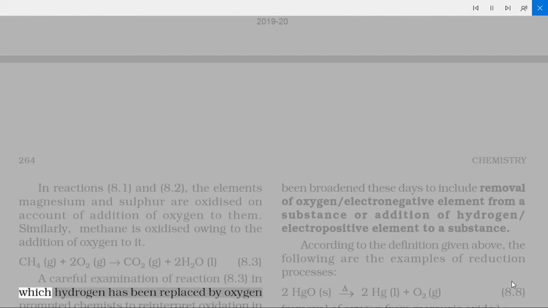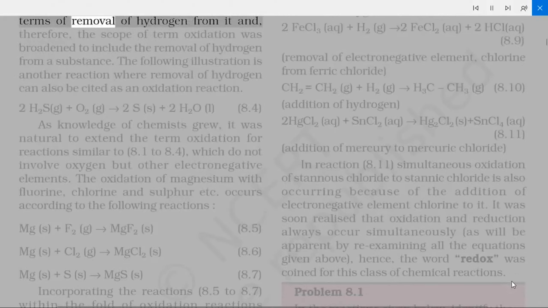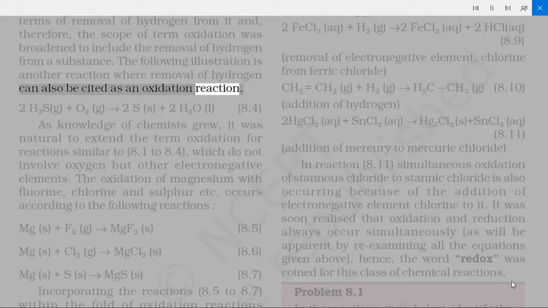8.3, in which hydrogen has been replaced by oxygen, prompted chemists to reinterpret oxidation in terms of removal of hydrogen from it, and therefore, the scope of term oxidation was broadened to include the removal of hydrogen from a substance. The following illustration is another reaction where removal of hydrogen can also be cited as an oxidation reaction. 2H2S(g) + O2(g) → 2S(s) + 2H2O(l)